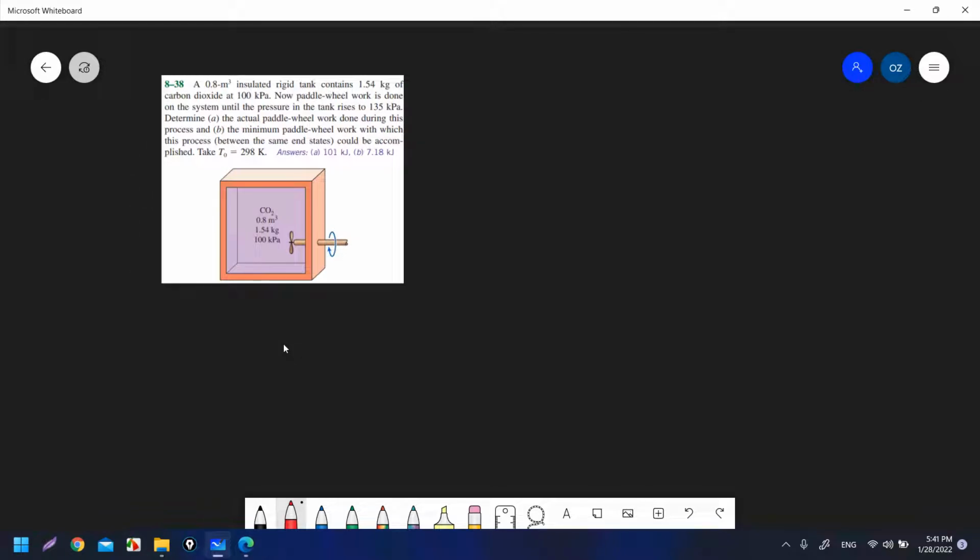He said we have 0.8 meter cubed, that is the volume in meter cubed. Insulated, so there is no heat transfer in or out. Rigid tank: always when you see a rigid tank, it means the volume is constant, whether it is volume in meter cubed or specific volume in meter cubed per kilogram. So V1 equals V2. So you are predicting that when you use the exergy equation, the term V naught (V1 minus V2) or V1 minus V naught or anything, the difference in volume, will be equal to 0 when you have a rigid tank. Contains